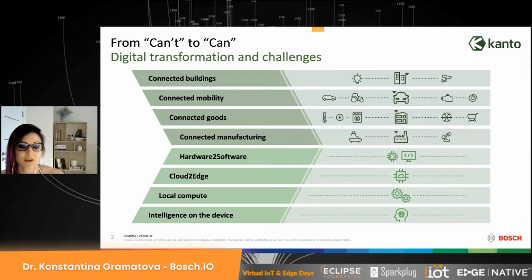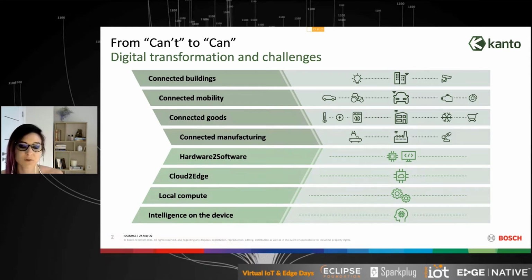You can see that the intelligence is moving to the device, which of course requires local computation. We are seeing how cloud technologies are moving to the edge in order to enable all of that local computation and facilitation. And with so many different devices, to cover all of that diversity, we are seeing how hardware is moving more and more to software, which means more and more abstractions are done, more and more portability is trying to be achieved in order to have all of that ecosystem connected and all the devices communicating, sharing data, and aggregating the knowledge they're producing.